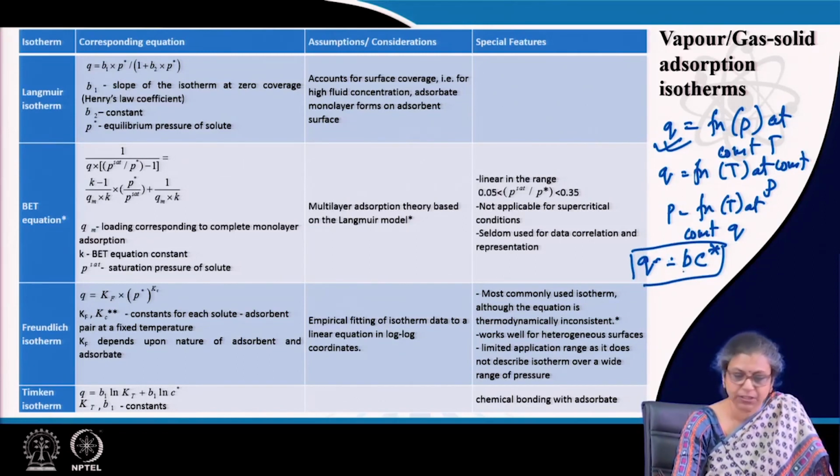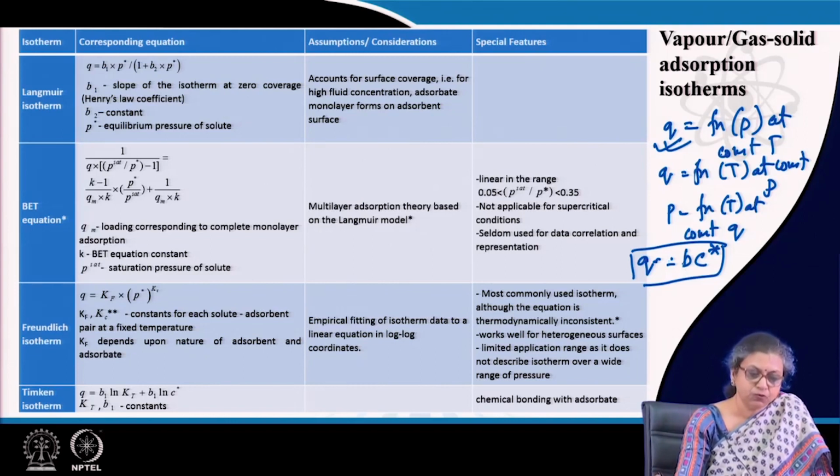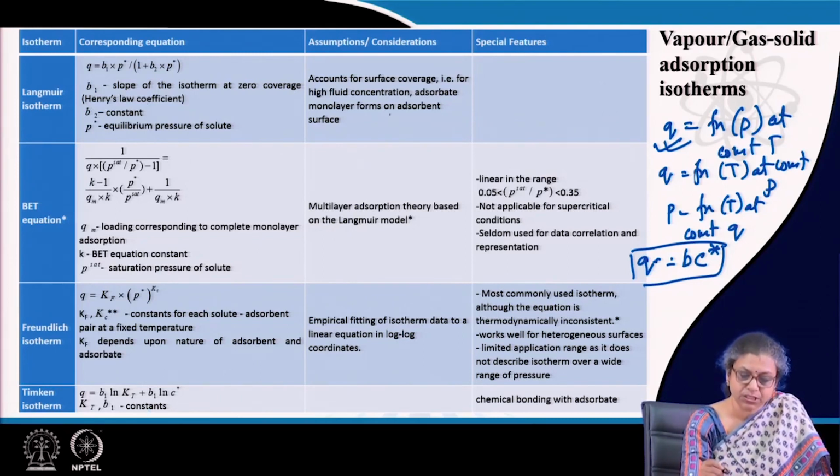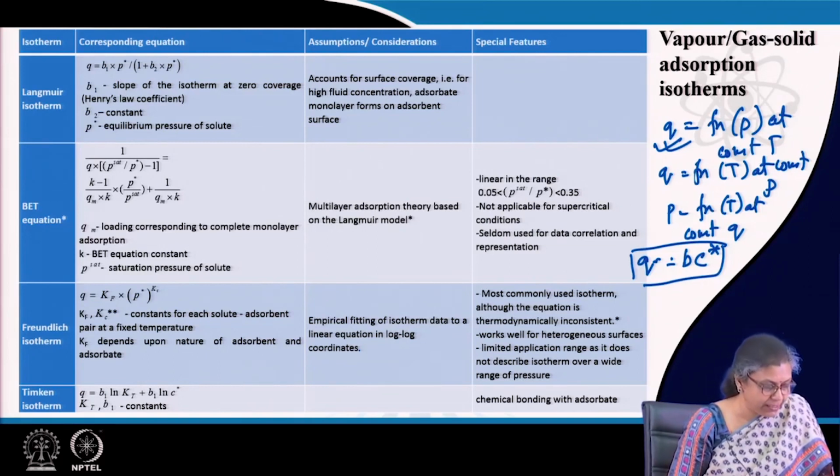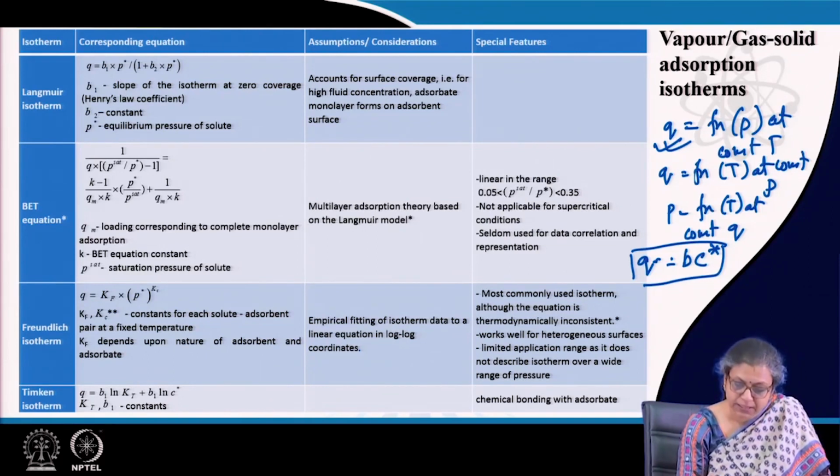From this equation, modifications are made to account for the actual situation, and there are a good number of equations. The assumptions for the different equations are all written, and from whatever is written you can understand that although the Freundlich equation is the most commonly used equation, it is also